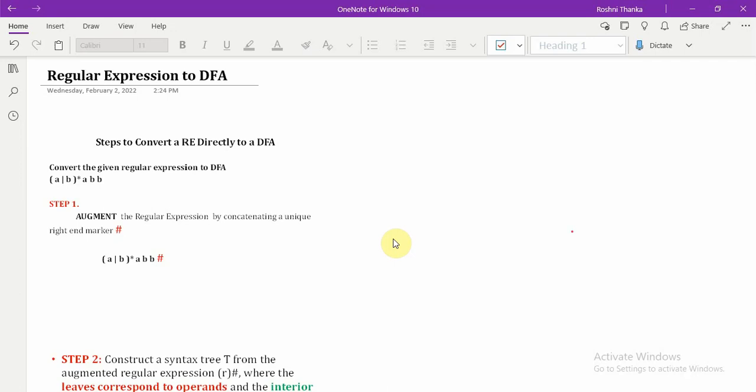Friends, in this video we are going to see how to convert a regular expression to DFA. To convert a regular expression to DFA, we have certain steps. The first step we have to do is we have a regular expression. Here, this is the regular expression we have considered. To this regular expression, we have to append or augment it with the unique end